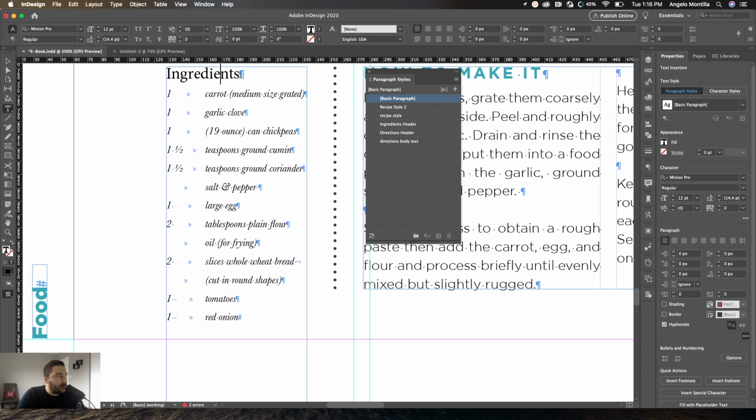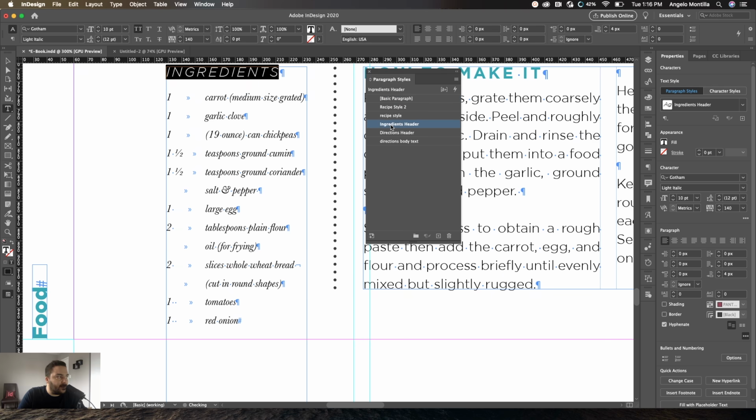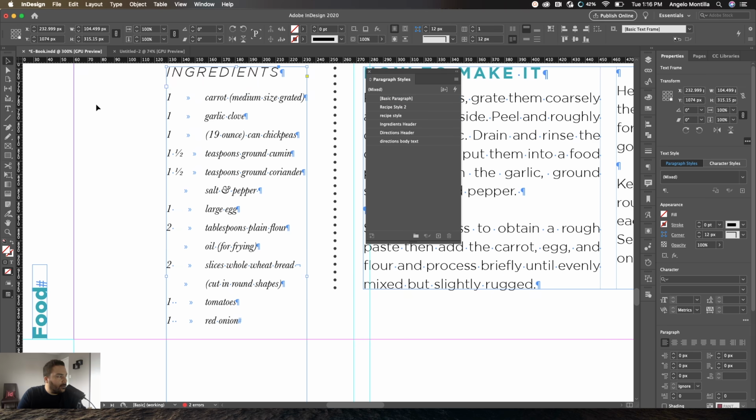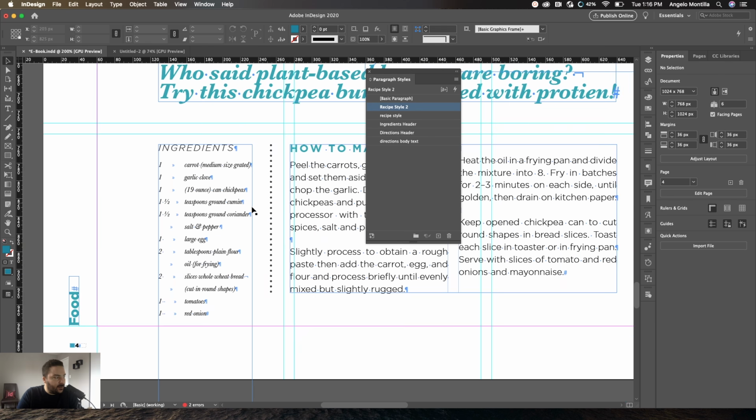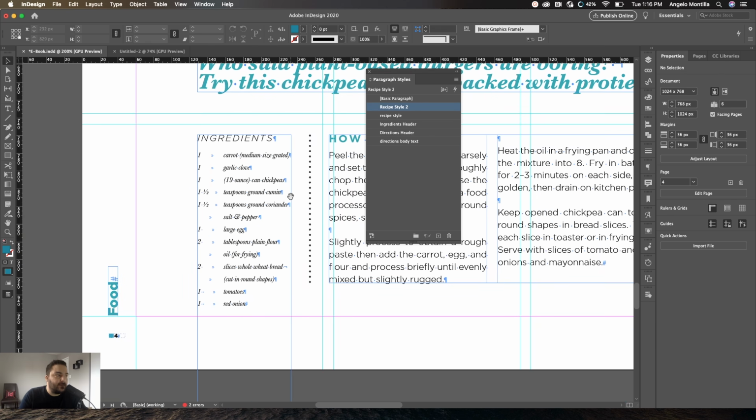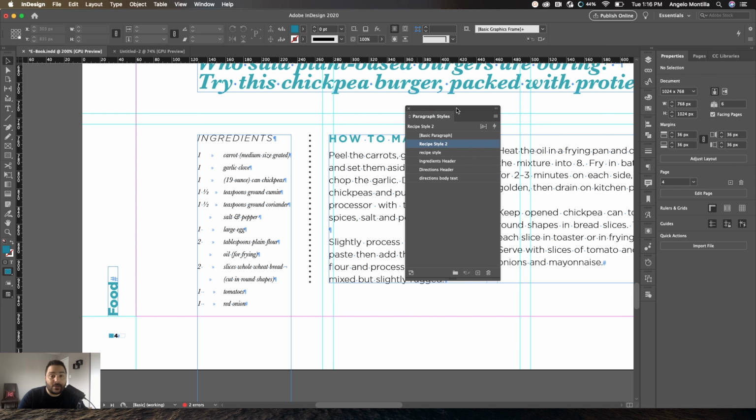And over here, ingredients, again, I want that to be a different style. And I've already created one here, ingredients header, and there you go. So whenever you're creating any kind of ingredients or a recipe, using those two methods, tabbing things properly is a good way to go. So we figured out why that button wasn't working, and I threw in another little tip on how to create a recipe style in